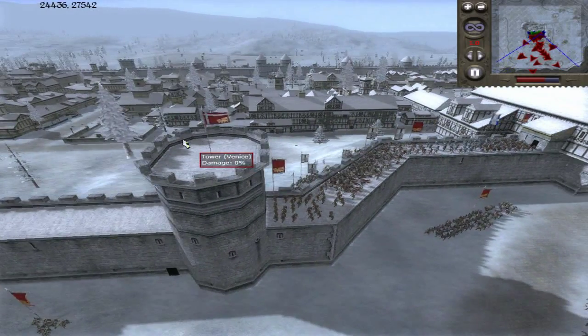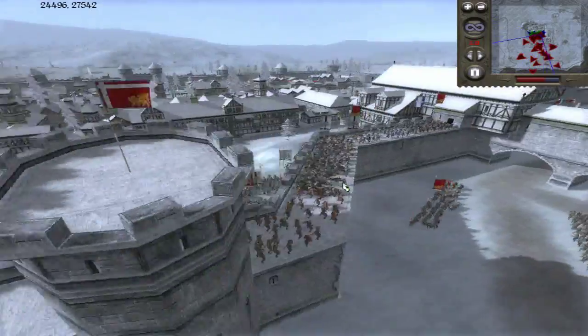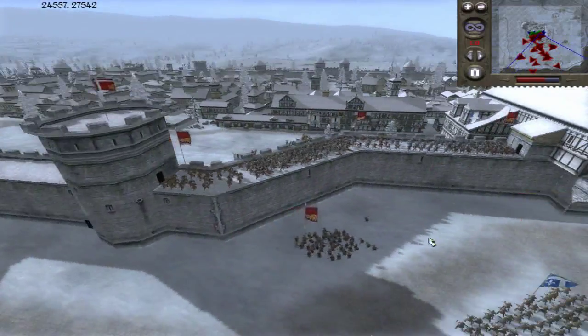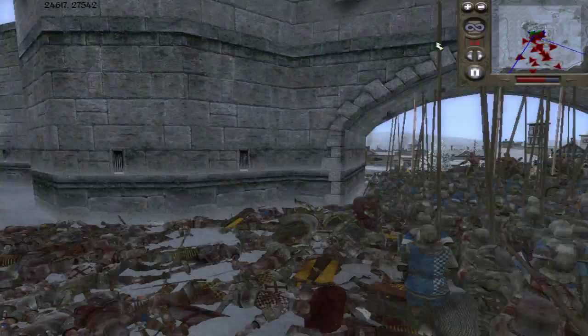We also have a tower here as well. It's firing at the enemy. We do, and the towers came in handy to help take down their strength. So at this point, it's over, and honestly,